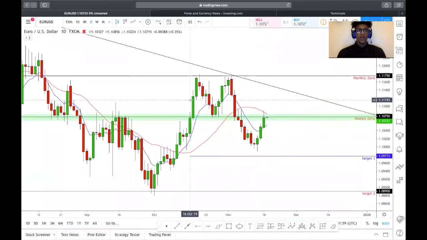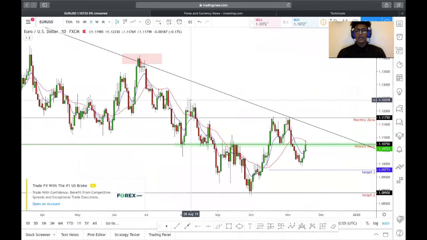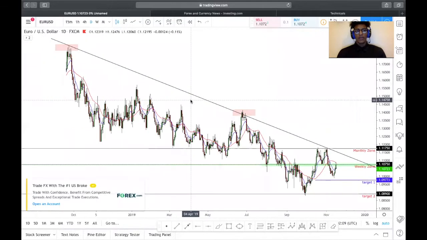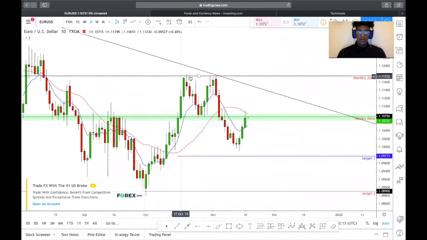With Euro USD. The reason I want to start off with this pair, I'm liking how it's looking. I see that overall it's in a downtrend. And just looking at this downtrend, we did create a double top off this trend line. All right, managed to have strong bearish momentum,